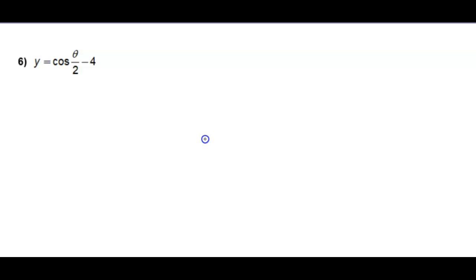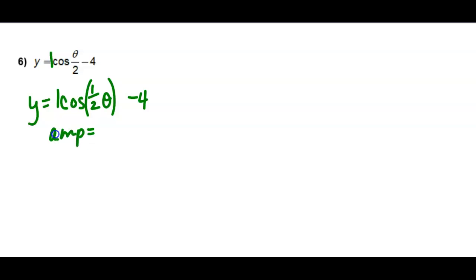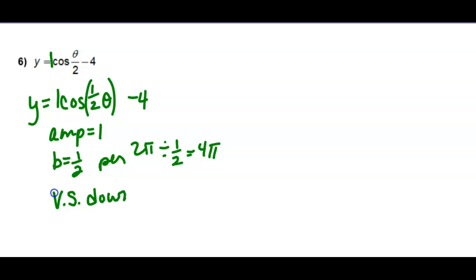Okay. This is also a vertical change. The A value is 1, but it's the same as 1/2 theta. And since there's no parentheses here, the -4 is a vertical change, so you might do this, okay? Amplitude is 1, B is 1/2, which makes the period 2 pi divided by 1/2, or 4 pi. And the vertical shift is down 4 because of the -4 on the back, which makes the midline